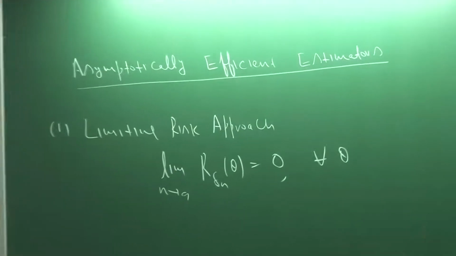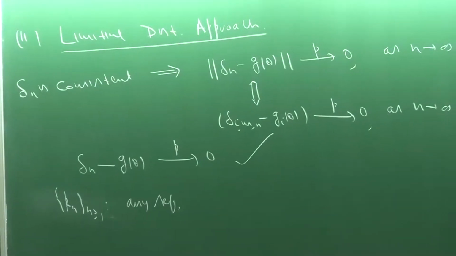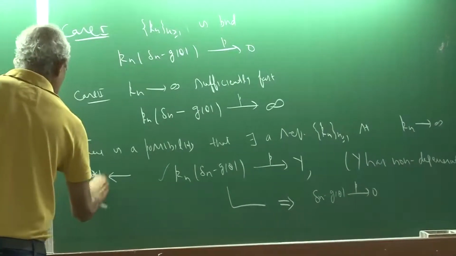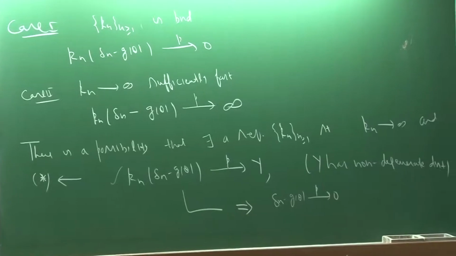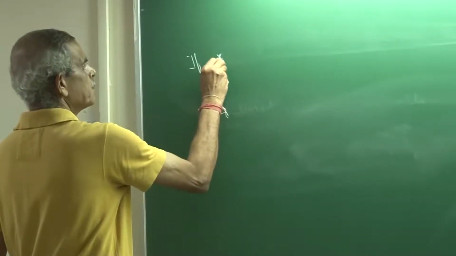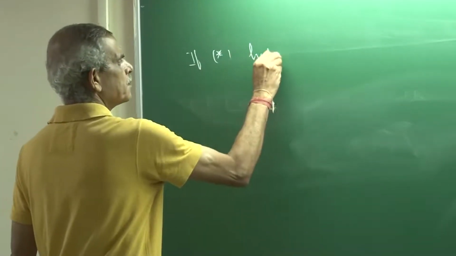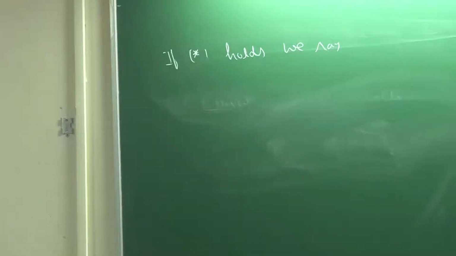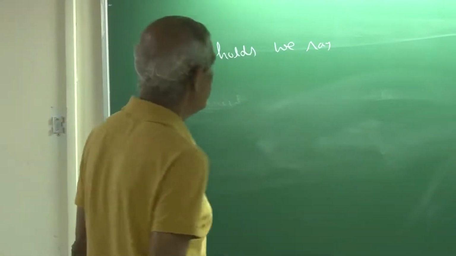So if this, let me call it star, holds, we say that delta n converges in probability to g theta with rate 1 by Kn,